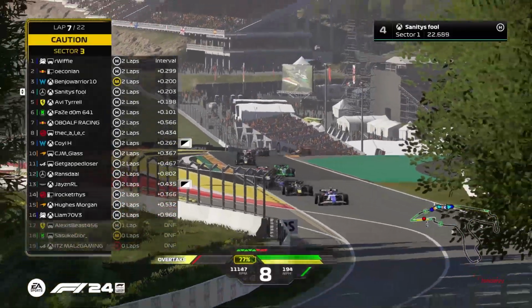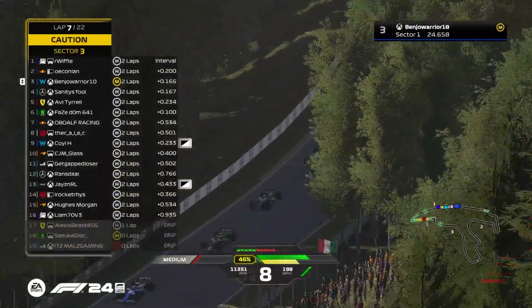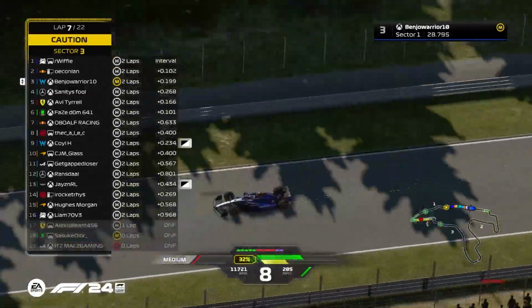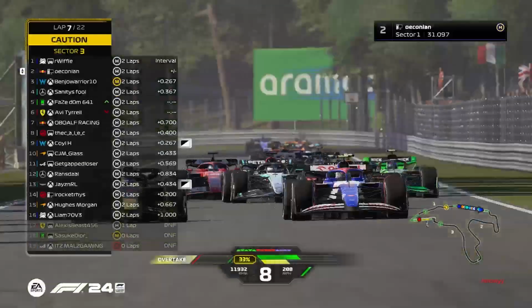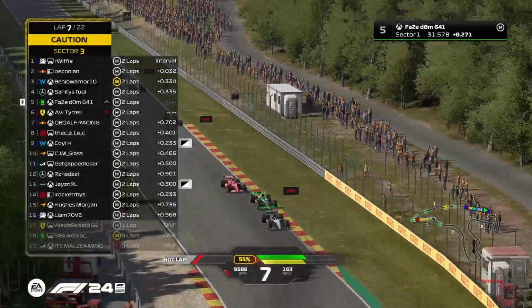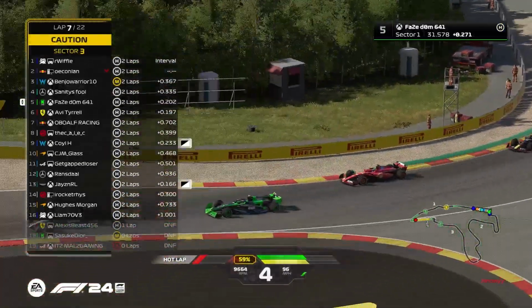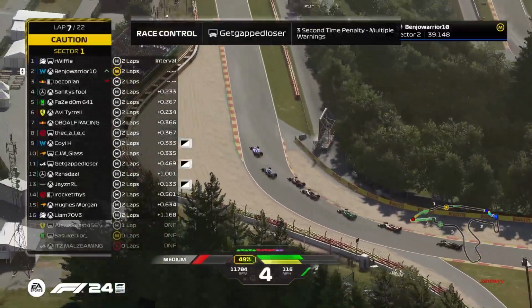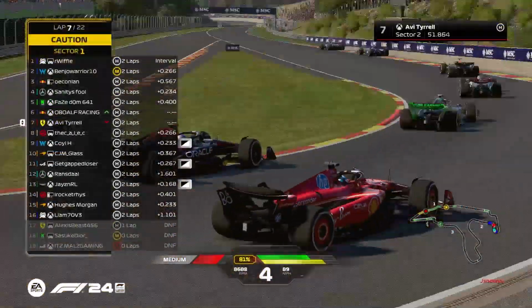Everyone's evenly spaced out of about 2 to 4 tenths so far. Benjo, I'll be very surprised if he doesn't have wing damage. Very surprised. He went into the back of that car very quickly. FaZe Dom making another position up over the Ferrari driver. So Ferrari going from bad to worse. And Benjo, there's been a bit of contact. Benjo getting round. Olaf and Avi Tyrrell